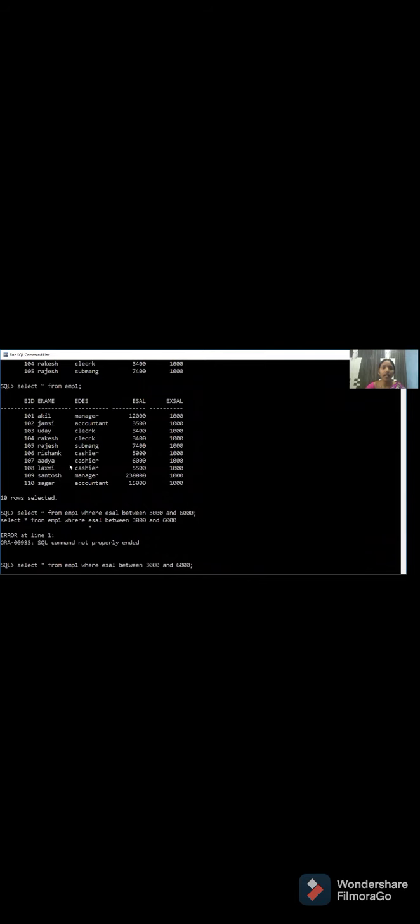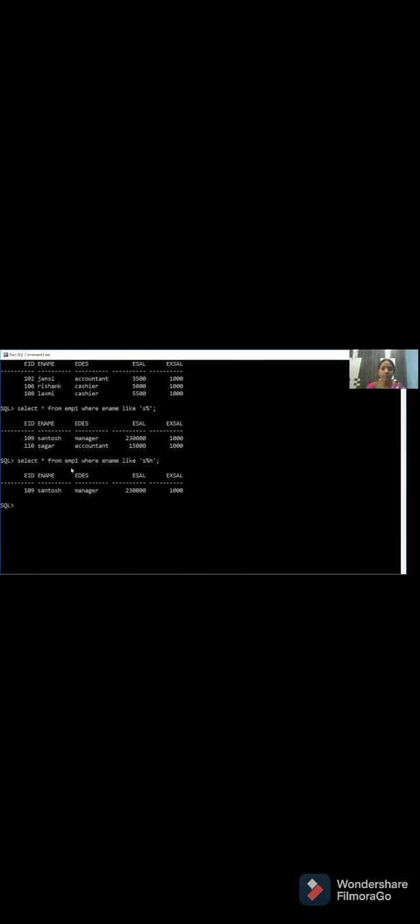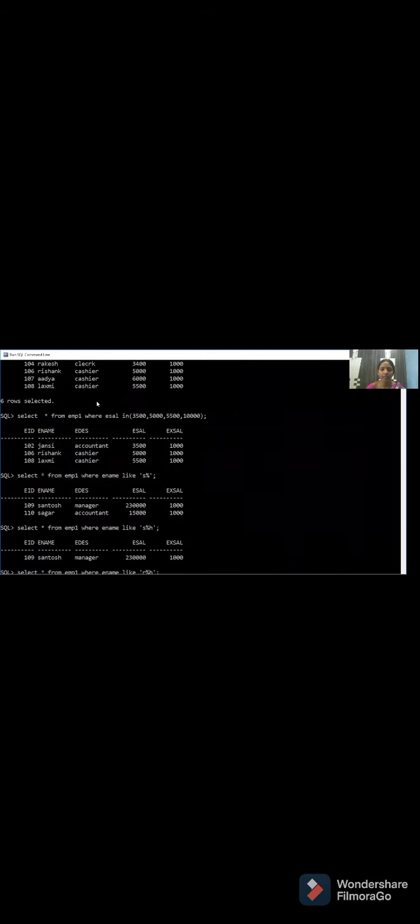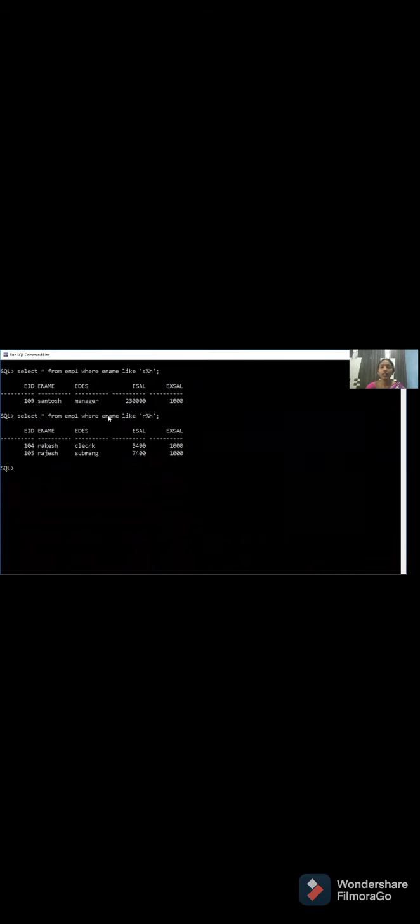For example, I am going to write a query whose name starts with R and ends with H. Modulus means any number of characters, so it starts with R and ends with H. Look over the example: R ending with H, and R but not ending with H is not there. So how many rows should you get? Only 2 rows you should get here. Clear?